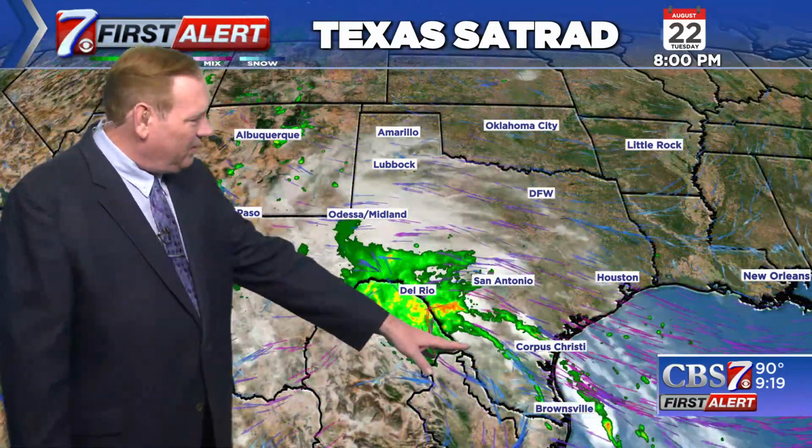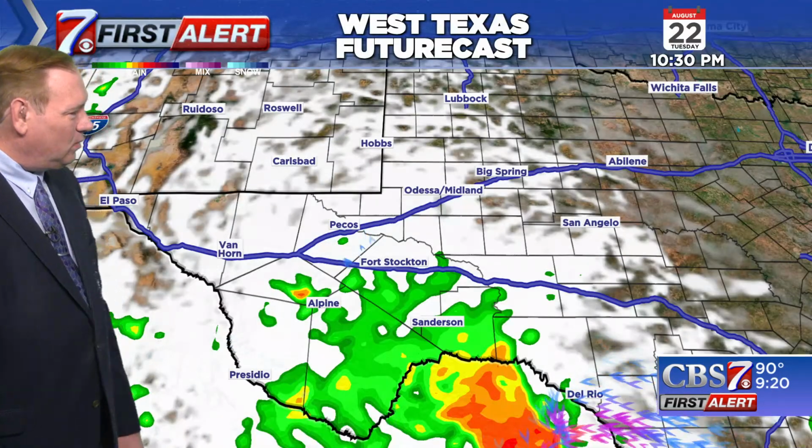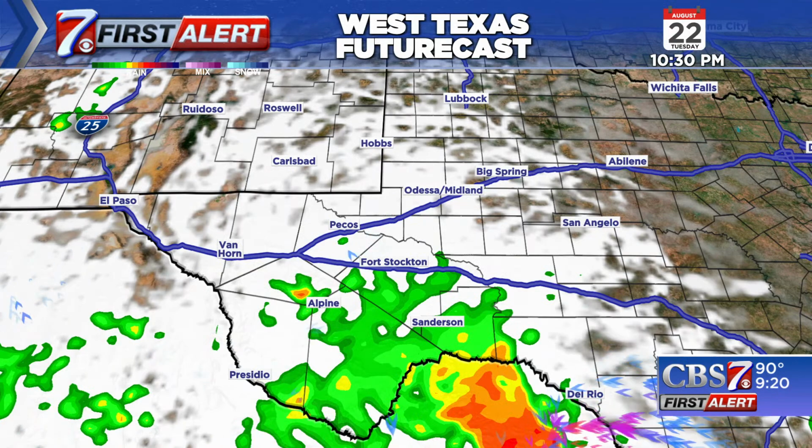Here you can see on the big view again, this thing chugging off to the northwest, so expecting it to roll in overnight tonight. As for temperatures across the state, the hottest stuff was back over towards portions of north central Texas, up around 103 degrees. Now, taking a look at the West Texas Futurecast,